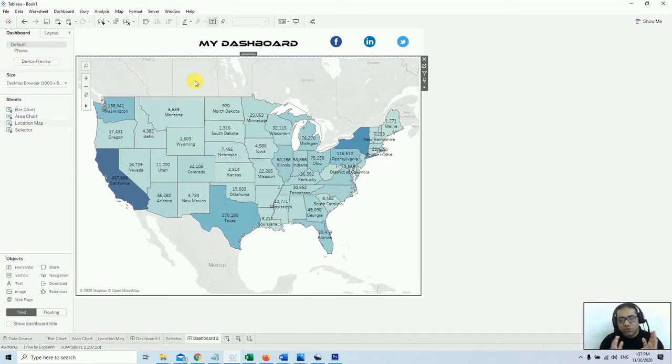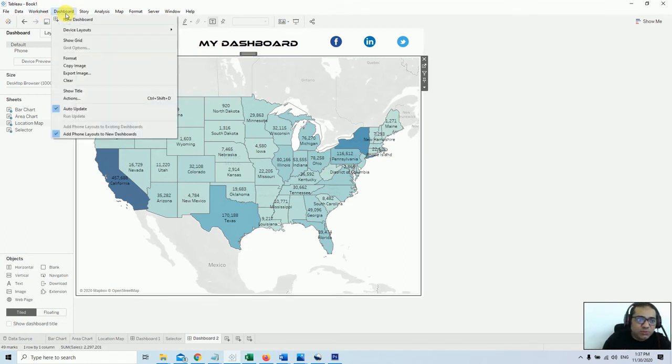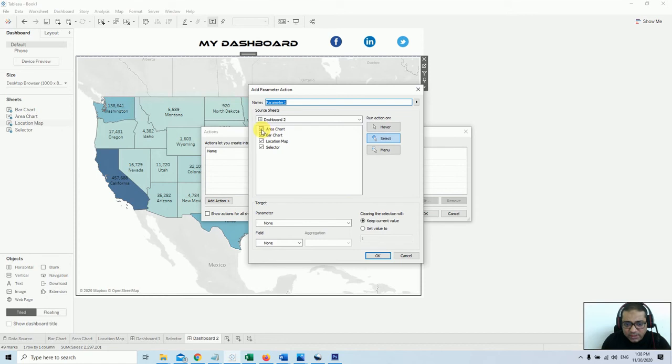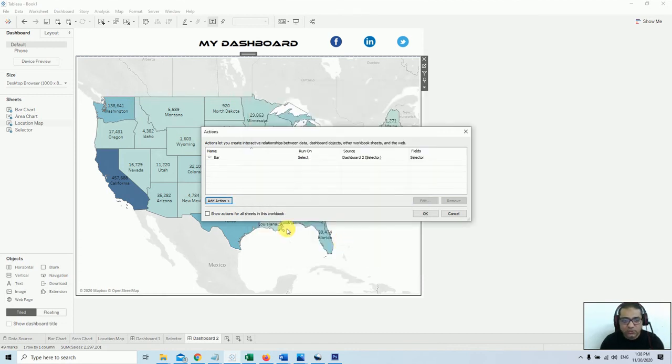And we need to change all these charts based on specific clicks on the icon. So how can we do that? We need to add some dashboard actions. Go to the dashboard actions, add an action, we call it change parameter. I'll remove all this and keep the selector, the name I call it bar chart. Basically this one will change the bar chart, and I will say the selector value needs to be changed, and I'll say bar, aggregation should be none, and hit OK.